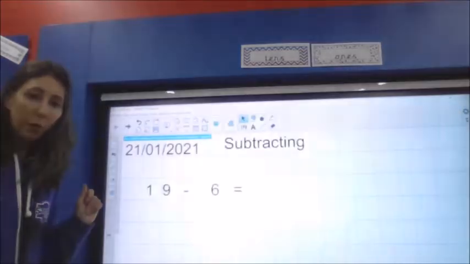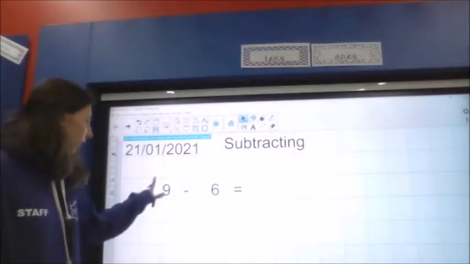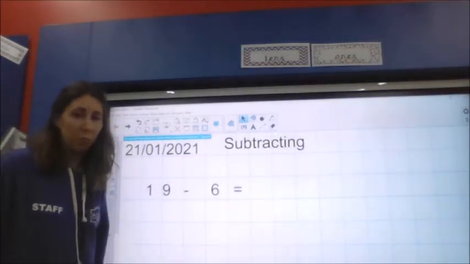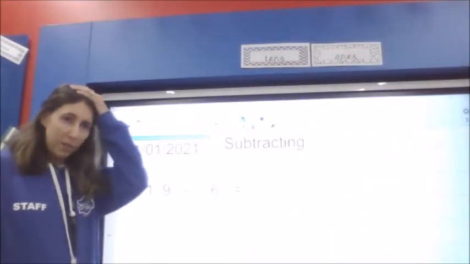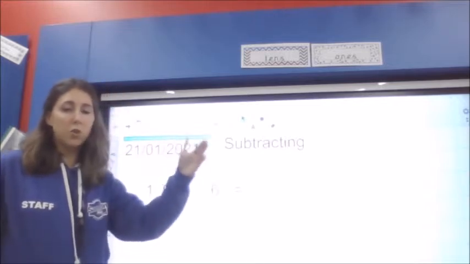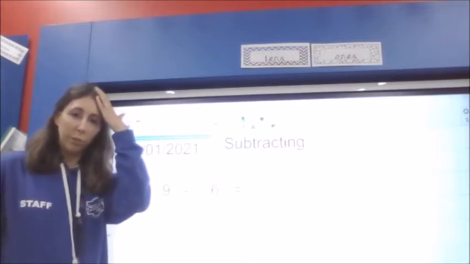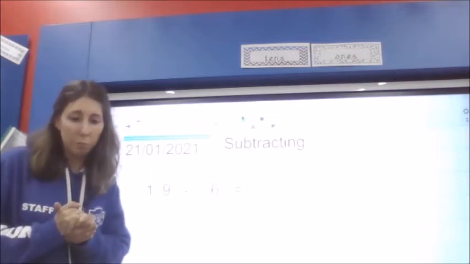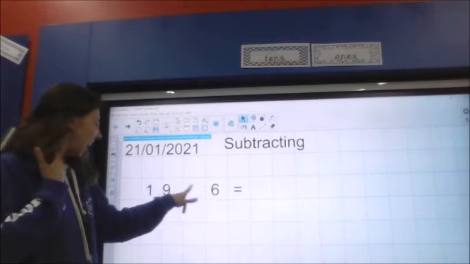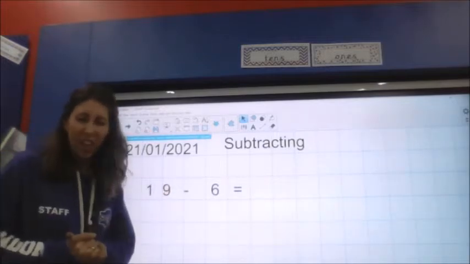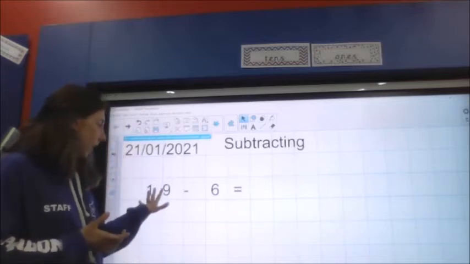Okay, so my first one says 19 take away 6. Now when we're subtracting, we've got a 2-digit number subtract a 1-digit number. There are normally 2 ways that we can solve the problem. We can either put the biggest number in our heads and count backwards, or if the numbers are quite close together, we could put the smaller number in our head and count up to the bigger number to try to find the difference. Okay, but for this question, because 6 and 19 aren't too close together, I'm going to find it easier to put 19 in my head and